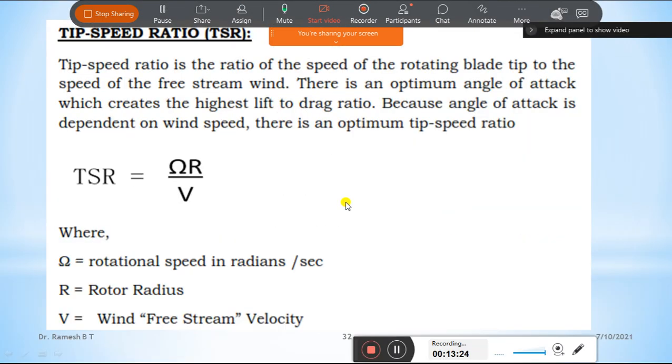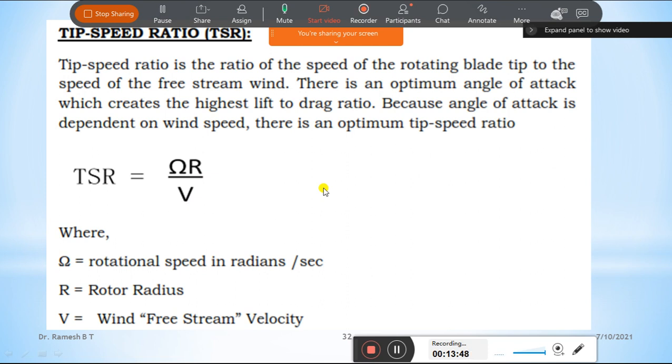Okay. So next is the tip speed ratio. It is called TSR. The tip speed ratio is the ratio of the speed of the rotating blade. That is what we just discussed through that video. It's a rotation of the blade, rotating of the blade tip. So always at the tip there is more speed of movement,